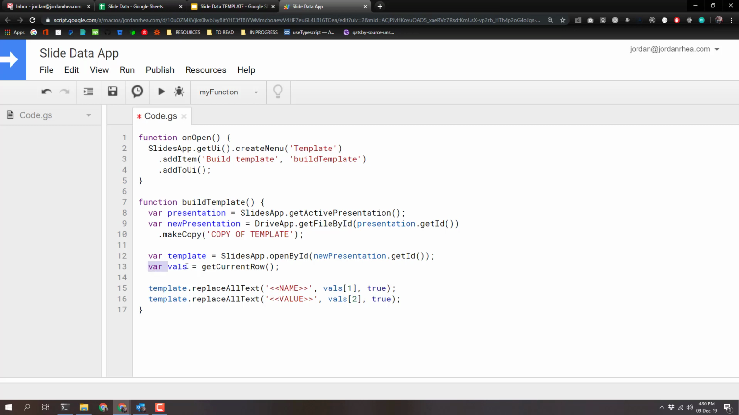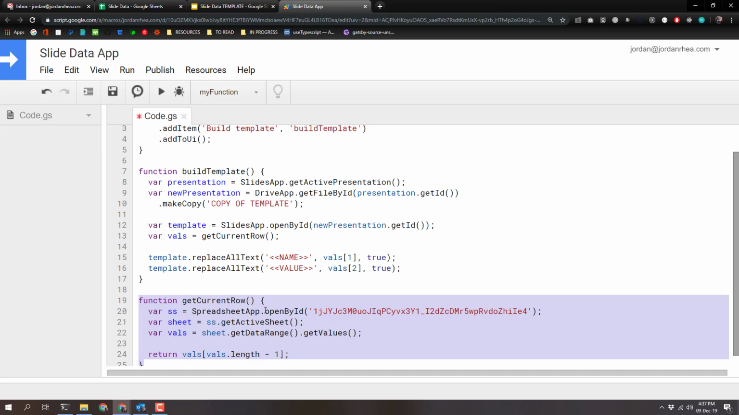Then we're going to grab the current row out of our spreadsheet with this function getCurrentRow that we haven't built yet. And then we are going to replace the text of name and value with the values from that spreadsheet. So here's our getCurrentRow function, where we are literally just going to grab the spreadsheet,